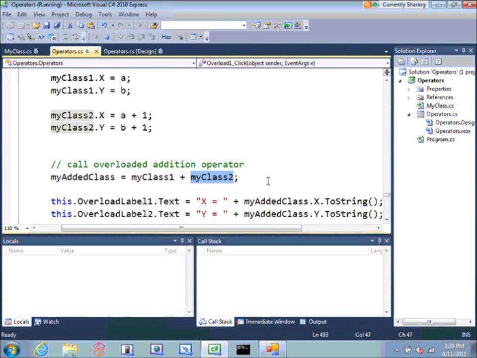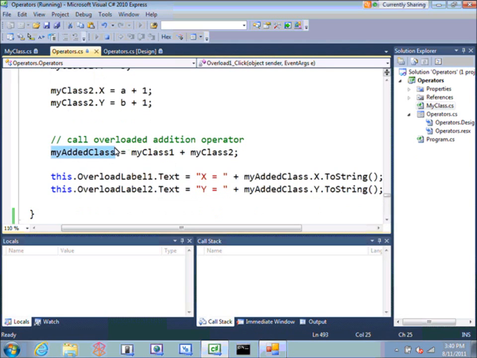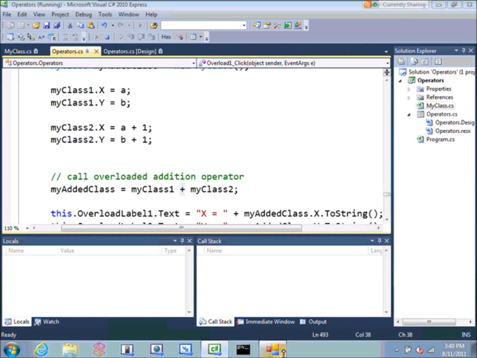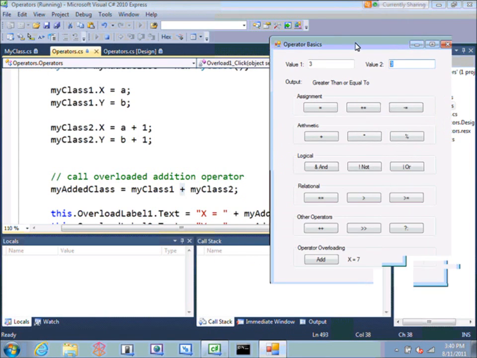So it's not just a generic add routine, it's actually defining what add actually means to the system. And then in our case, I go ahead and store that value in a new class, and I simply display the results of that x and y. Now, I only have one plus sign here where I'm adding these two classes together. But you see when I run this code, I actually get two results out of it, x equals 7 and